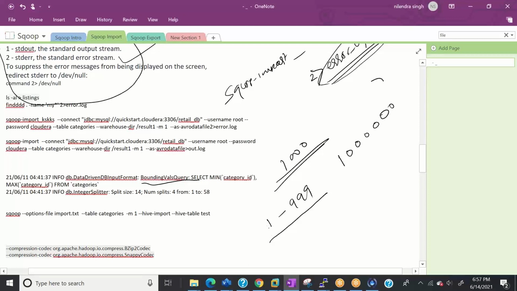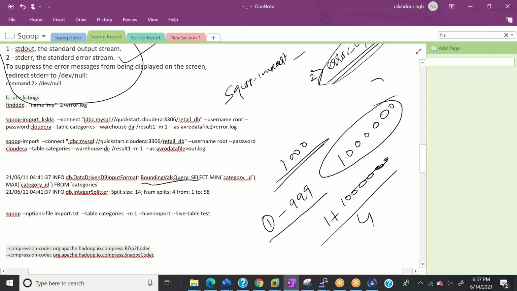So what will Sqoop do now? Sqoop will do like this: 1 is the minimum key, this is the maximum key, and divide by 4, right? So what is it going to do? Let me use simple mathematics. Let's say the maximum is 10,000. Now it will divide, giving 2,500 rows in each mapper.